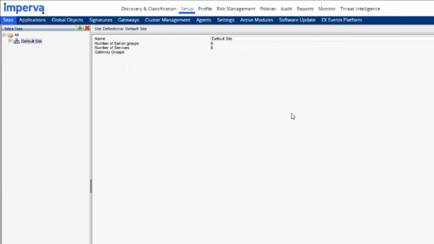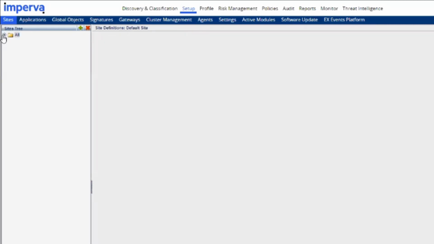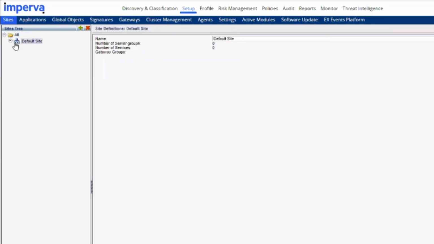Okay, so this is the interface for SecureSphere. On the left, this is a site container. Just think of this as nothing more than a folder or a container to hold your sites. If you want to separate these by region or data center, that's an option. Essentially, this is what you're going to see. This is a brand new installation. I think this is running 14.3 if I remember correctly.